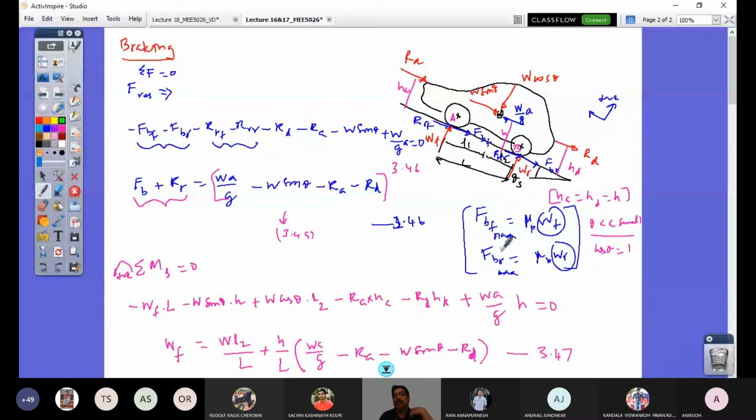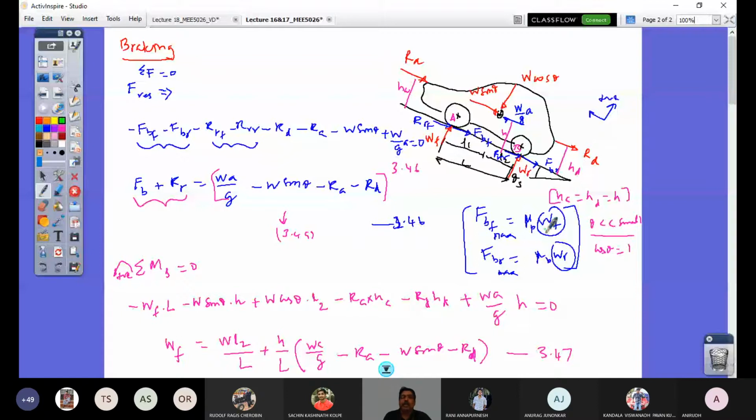are not locked. When they achieve this value, both the front axle wheels as well as the rear axle wheels are going to have this maximum braking effort, and that is the scenario of ideal braking. That means no wheels are locked, or all the wheels are going to lock simultaneously and the vehicle will safely stop with the shortest distance possible. That's the condition for ideal braking.